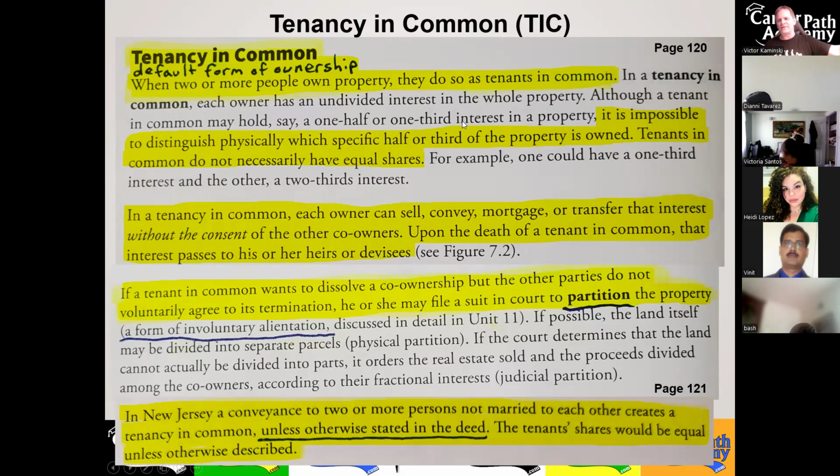There's a whole lot going on there, but we're going to discuss this on the next slide where I break it down with a better explanation, because a lot of this stuff is going over our heads right now. You don't even realize it. Like they say, each owner has an undivided interest in the whole property. What does that mean? On the next slide, I'll have an explanation for that. So for right now, let's just do all the highlights for everything you see on this slide. We'll go to the next one and take it from there.